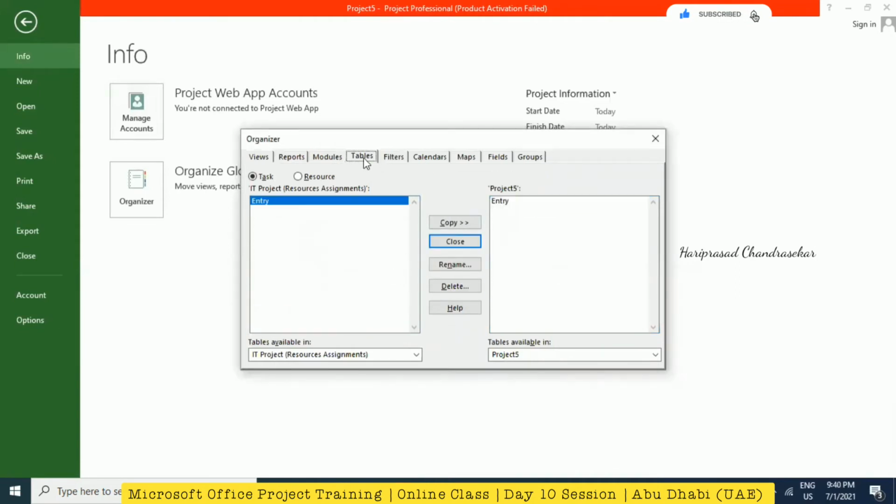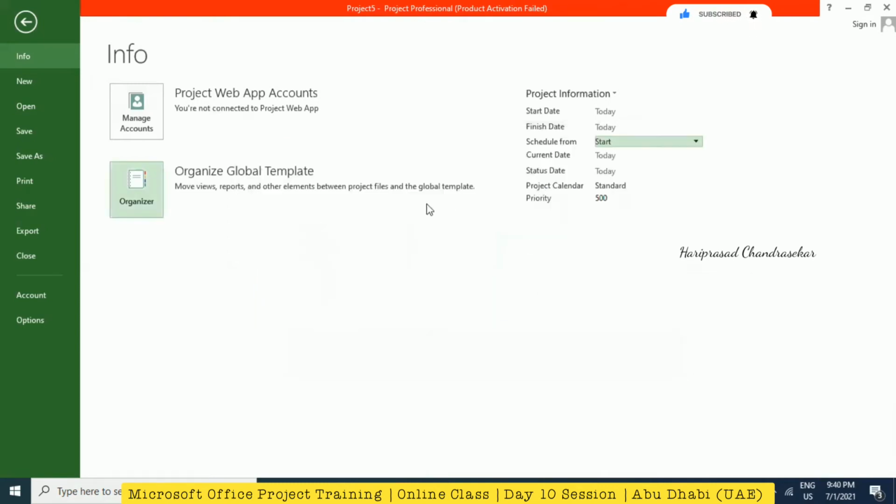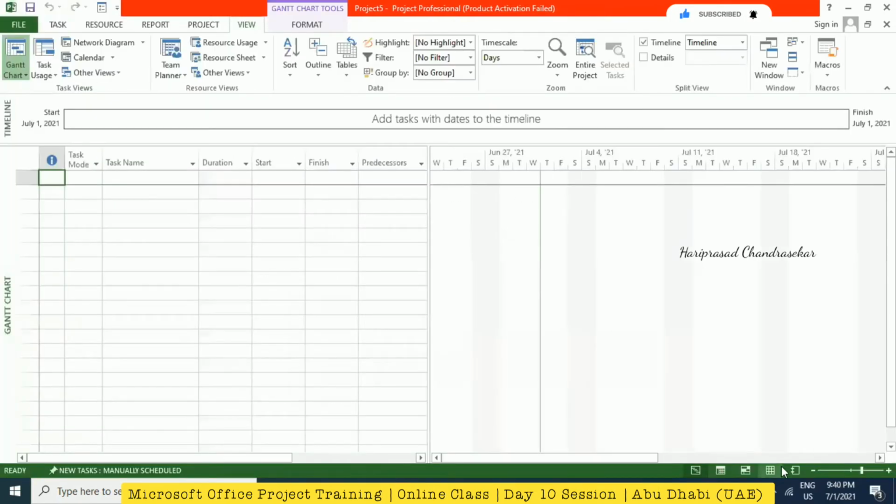Otherwise, we can go to table. Table, we have entry table only. Filter, we don't have. If you have anything, it will show. Calendar, standards. Like this, for example resource sheet, you can copy and then close it. So then we can go for resource sheet,